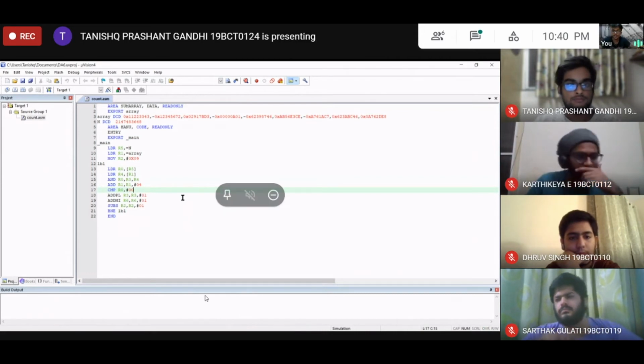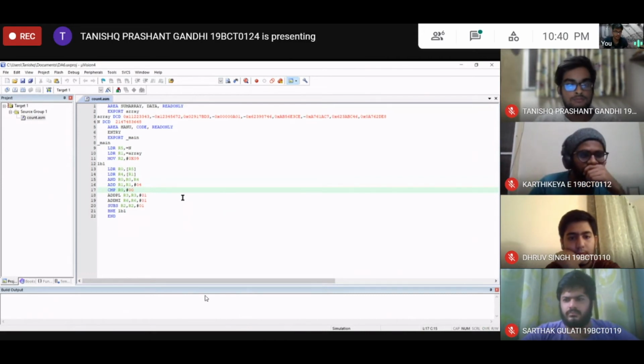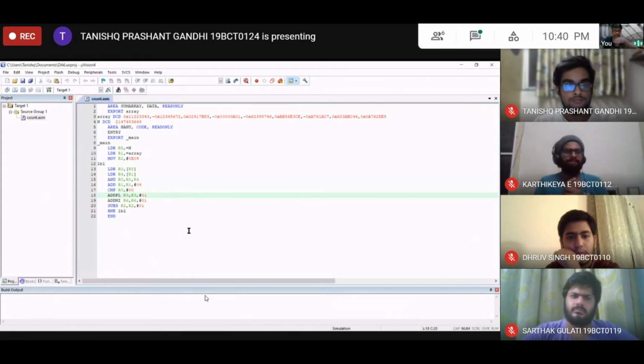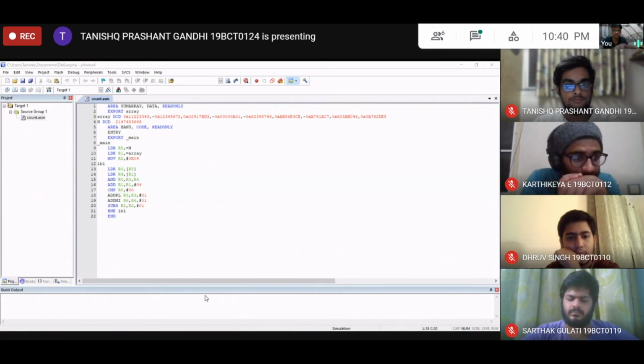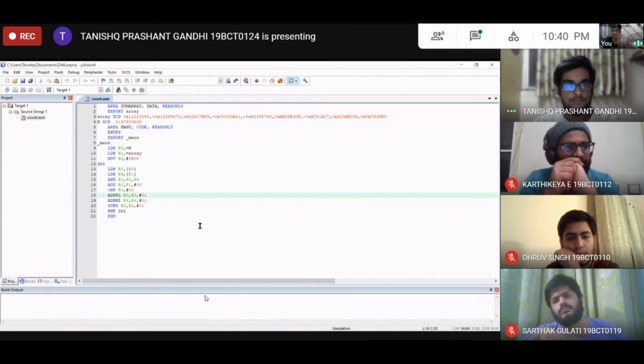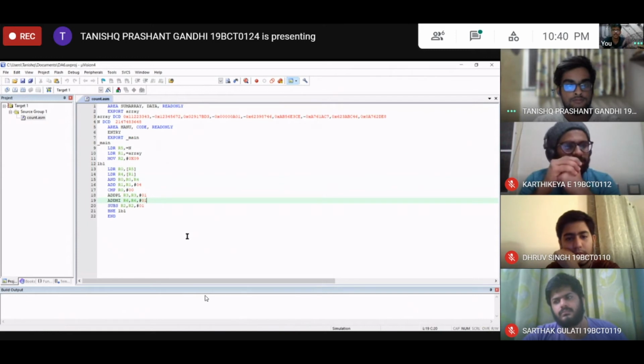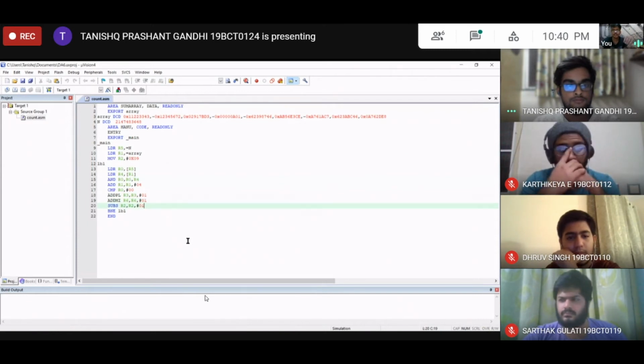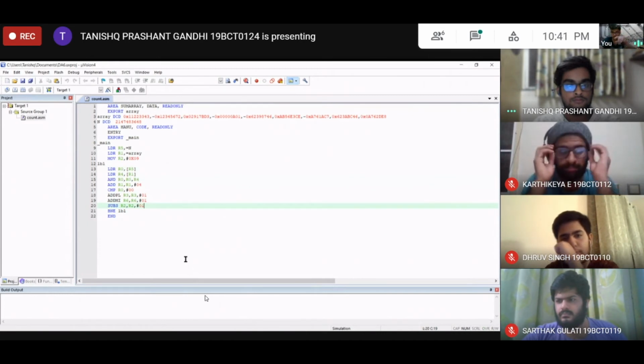So from the 17th line, R0 will be compared to 0 to find out whether it is positive or negative. If it is positive, ADDPL, which is line number 18, will be executed, and R3 will be incremented by 1 and stored in R3 only. And if the compare gives a negative value in R0, the R6 value will be decremented and stored in R6 only. After that, we'll subtract 1 from R2, which is the count of the numbers, and